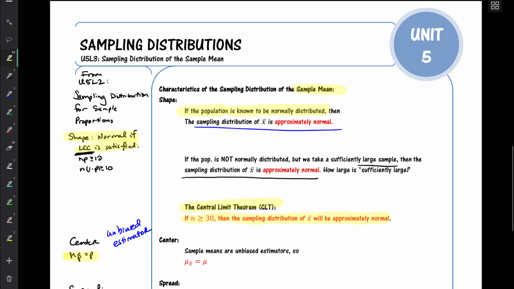And the same is going to be true with means. We found that sample means are also unbiased estimators, which means that mu sub x bar will equal the true average. The average sample mean will be the same as the population mean. No condition to check, it just is what it is. That's one of the benefits of working with sample means.